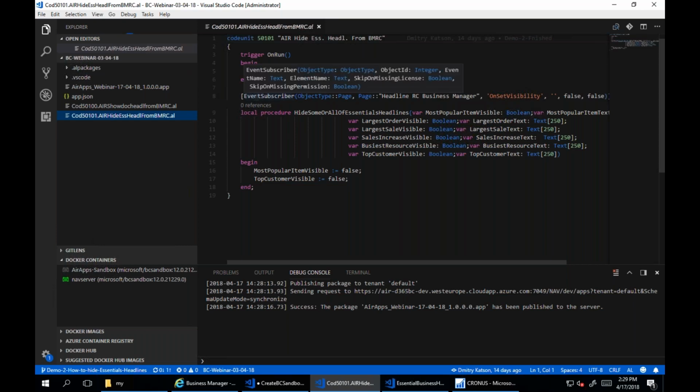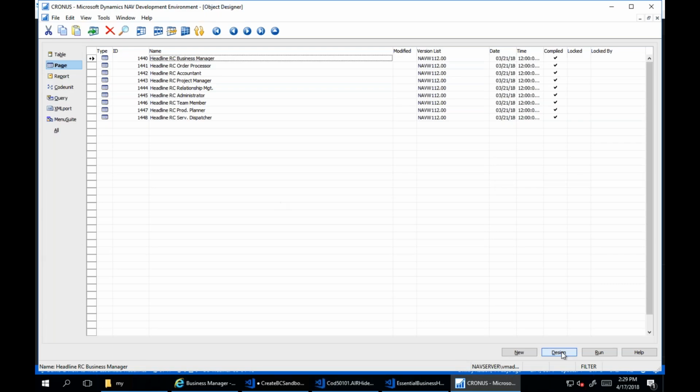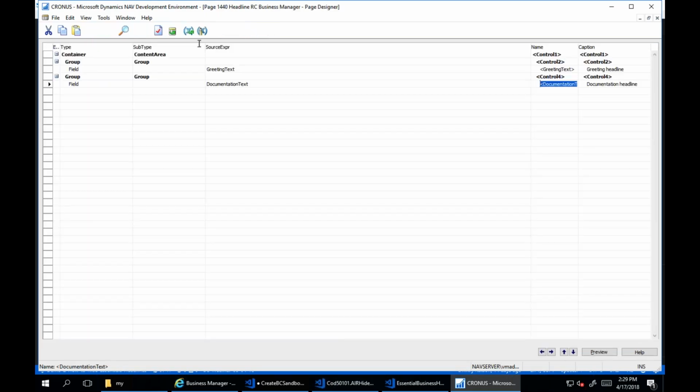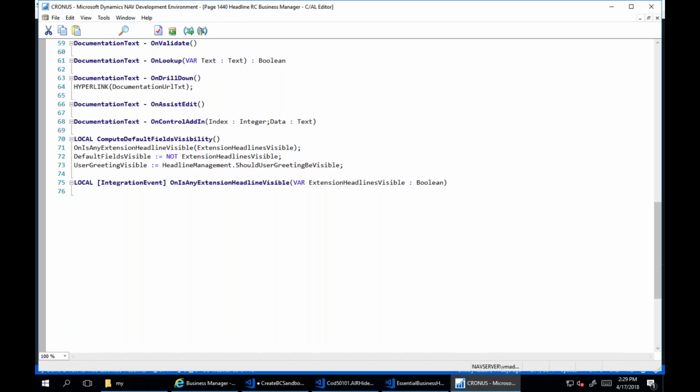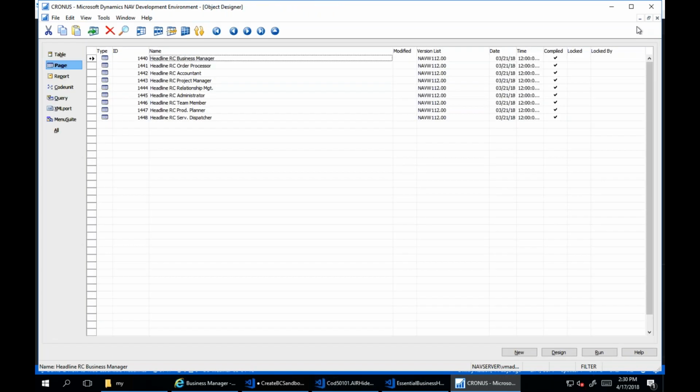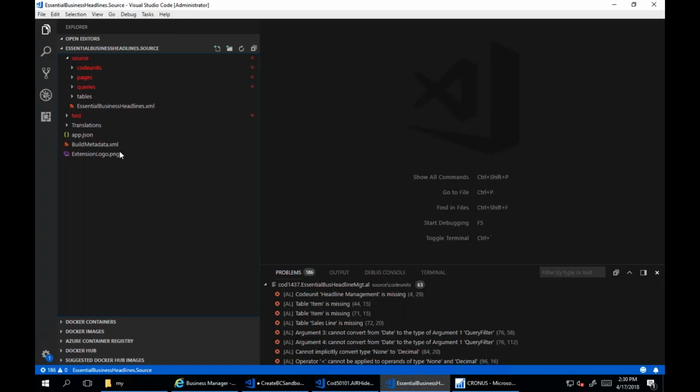we should subscribe to the same page, headline Role Center Business Manager, but another function, on set visibility. And if you go, for example, on C side and check the code, you will not see this integration event here. You will not see this publisher event. But you should subscribe to it. That's because in